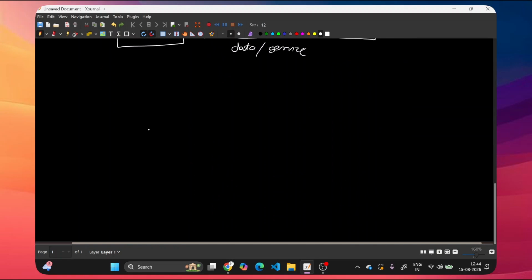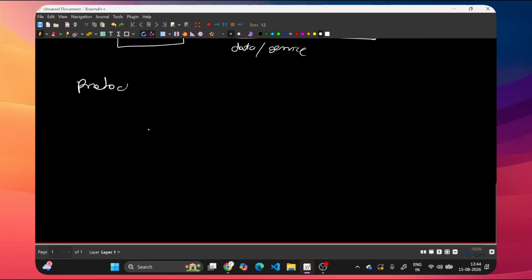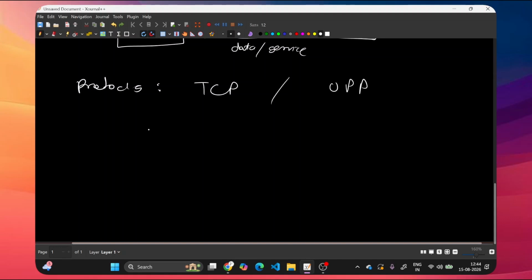So talking about protocols, there are mainly two types of protocols: TCP and UDP. So the TCP ensures that whatever communication happens, there should be no loss in the data,